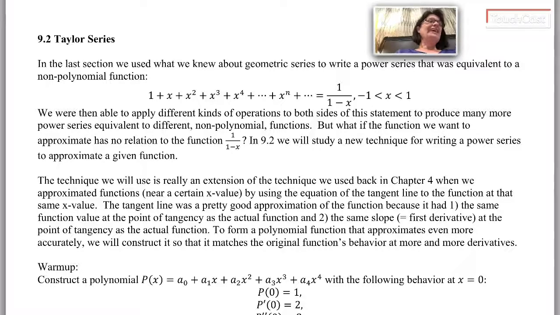And I found out that I can do any kind of algebra I want as long as I do it to both sides of my equation, and I can make polynomials that are equal to pretty strange functions that would otherwise be difficult to compute with. So it turns out to be a very useful thing to have if I want to compute with a difficult function, especially if I want to perform calculus on it, because it's very easy to perform calculus on a polynomial